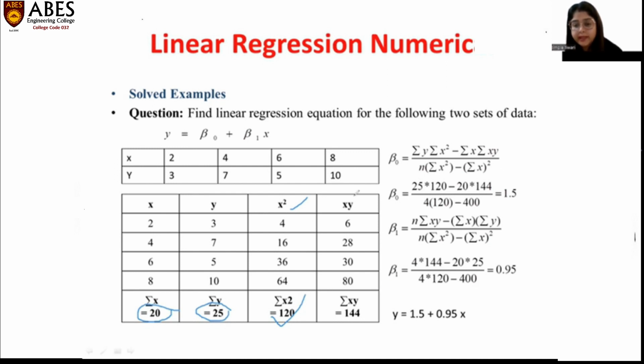Next, you will calculate xy. You multiply the values of x by the values of y. X multiplied by y: 2 into 3 is 6, 4 into 7 is 28, 6 into 5 is 30, and 8 into 10 is 80. At last, we will calculate the sum of xy also, right? So as I discussed earlier,